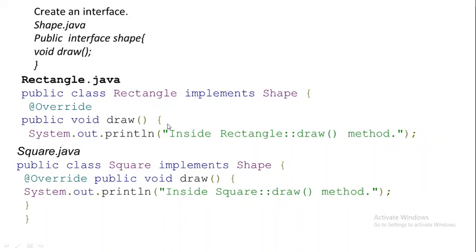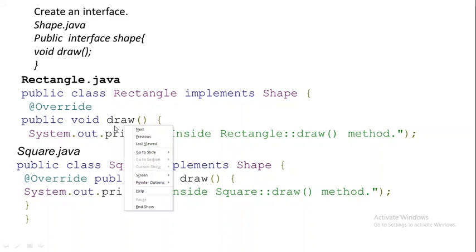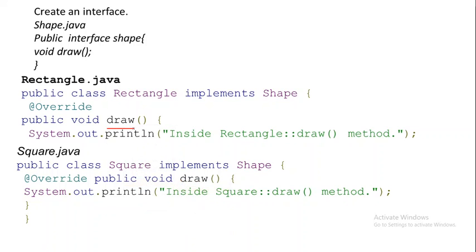If it is a superclass-subclass model, we use the word extends. If it is an interface, we use the word implements. Public class Rectangle implements Shape. So we are using overriding. Here also we are using the draw method. The draw method is available in the Shape also, but if the passing parameter is Rectangle, it invokes the draw method